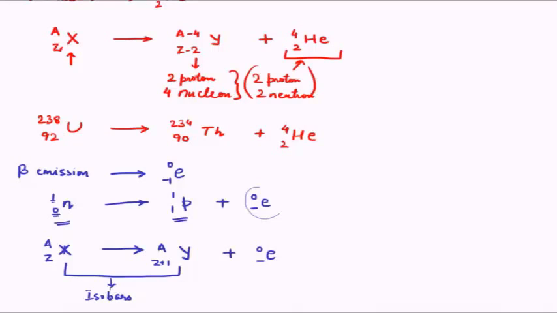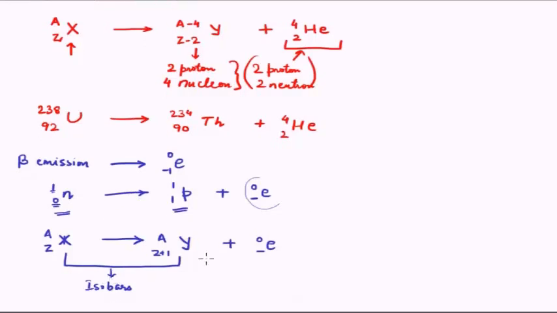Okay, an example would be, let's say if we have 14C6, this is a radioactive carbon. Normally carbon is 12 but radioactive carbon is 14, it is less stable. This will give 14N7 plus E0 minus 1. So we get nitrogen which is one higher in the periodic table, 6 to 7, but we get the same mass number. Okay, and obviously the beta emission.